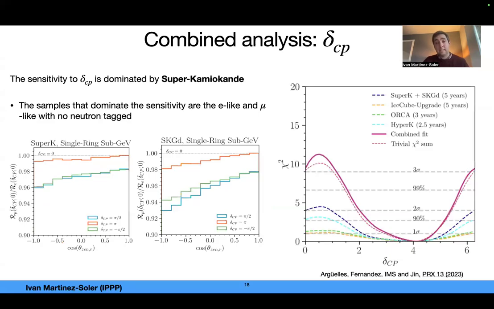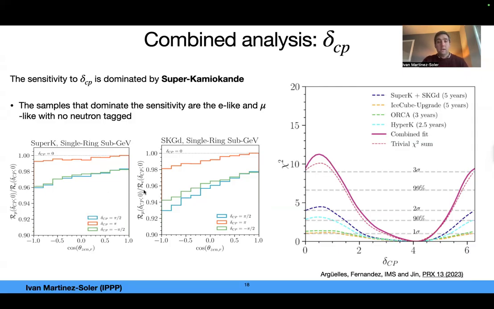And finally, the CP violation phase. As we mentioned before, it's not an easy parameter for atmospheric neutrinos, because the flux contains both neutrinos and antineutrinos, and it's quite hard to separate between them. But still, different values of the CP violation will make a difference in the event distribution, as we can see here in